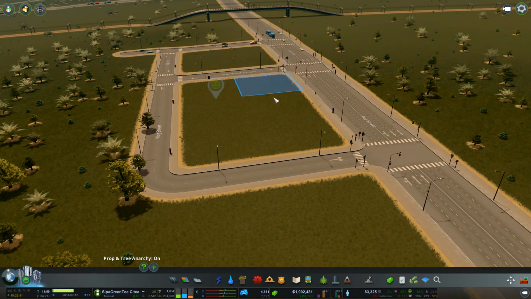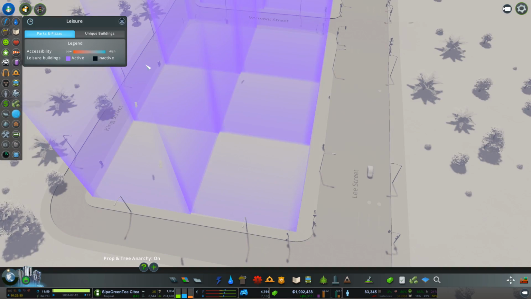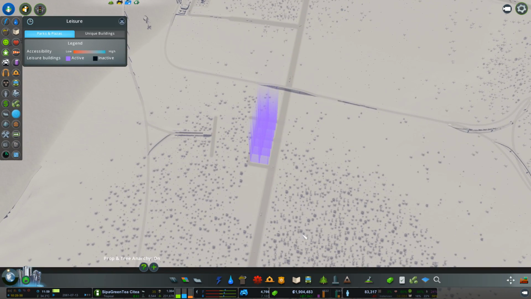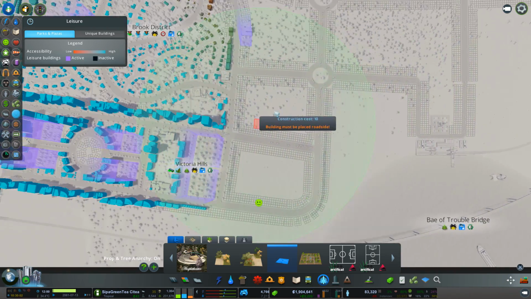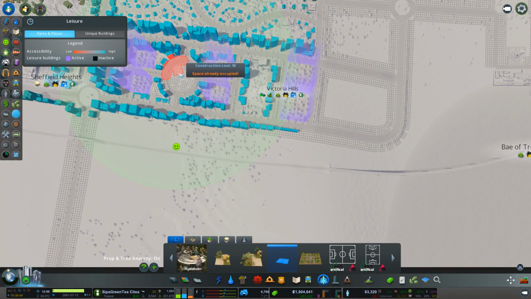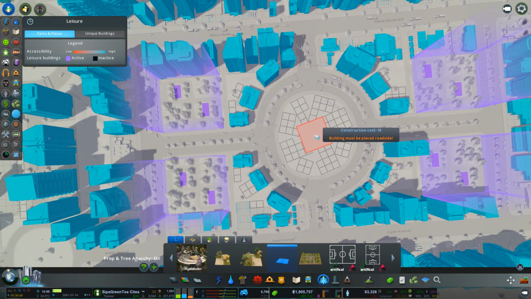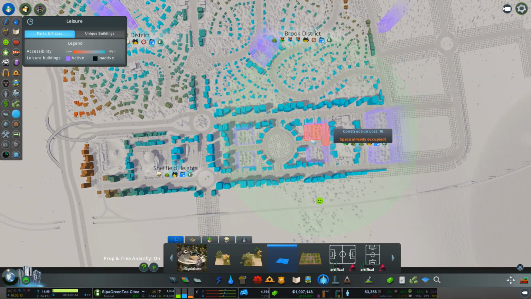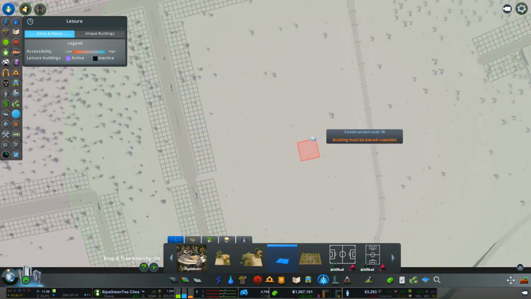So we've got this blank space here, and that is acting as a park. If we look in here, at our leisure, it's giving us the park bonus, and it's a pretty good radius as well. Pretty big radius. And this is exactly the sort of thing I was looking for. It would be nice if it didn't need road access. So if there's a mod that you know of that allows you to place something and not need road access, it'll just do that same thing where...